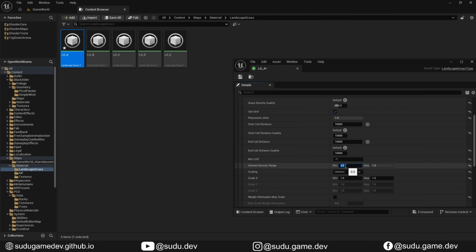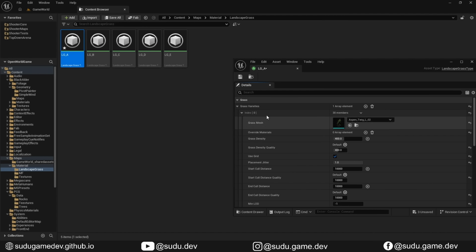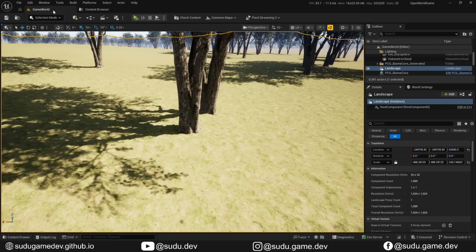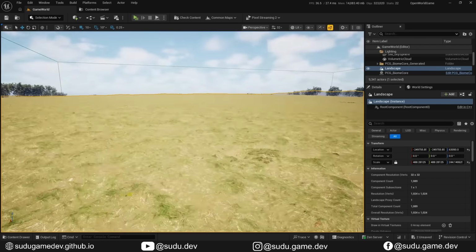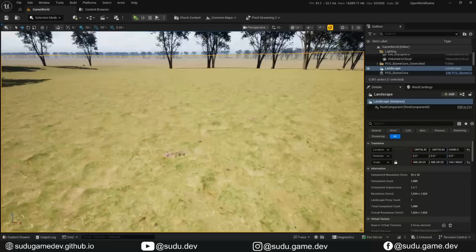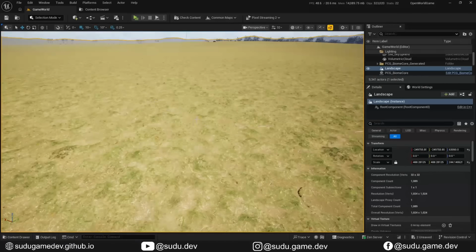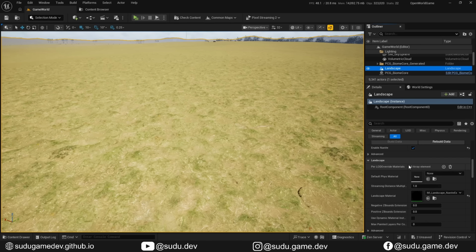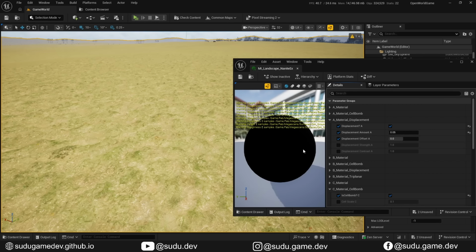Make it 0.1 to 1. And save it. So still, as you can see, there is nothing on the landscape. There is no grass. This is because we need to go to the landscape material,